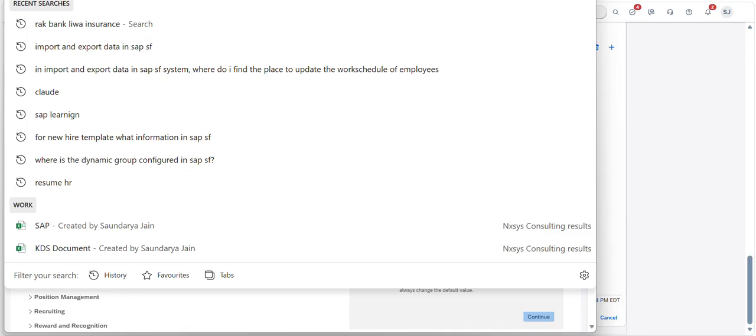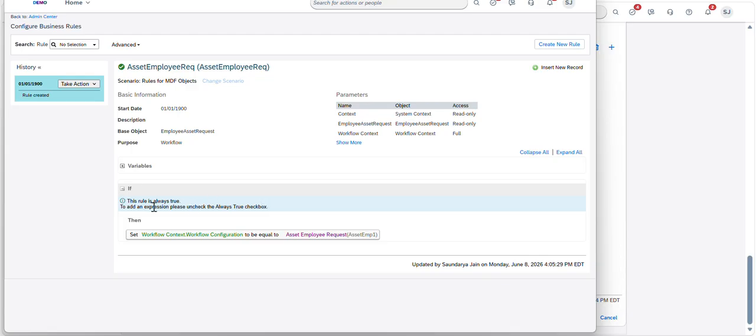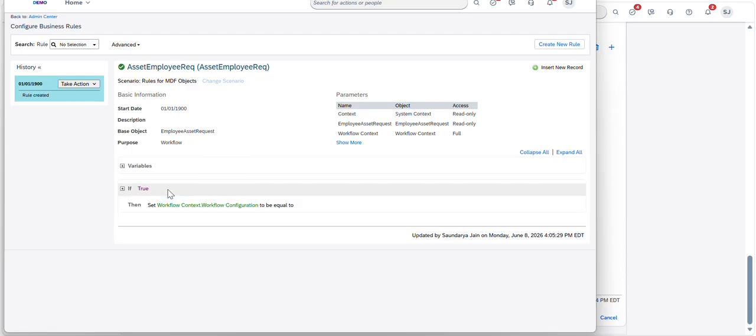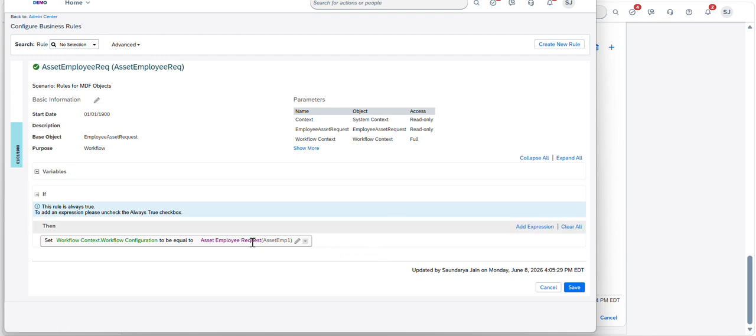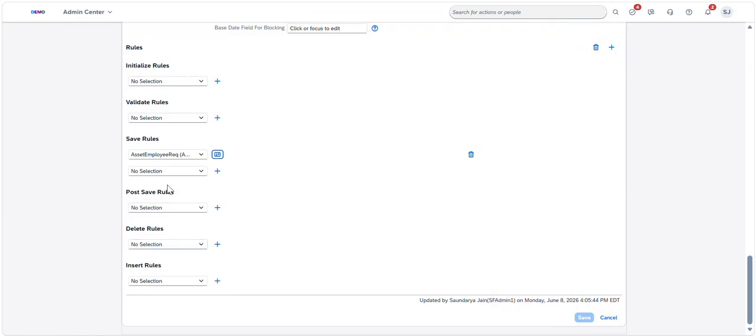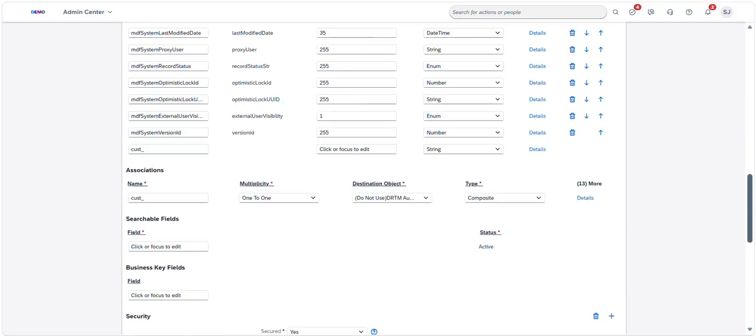I have already created a rule which I wanted to show you, which looks something like this. So here, whenever a change is done, I've kept the if condition as always true. So whenever there's a change and the employee is trying to save the record, the workflow should trigger. Now, which workflow should trigger? Let's see. Asset employee request. That is the one which we created where the role was assigned to manager. Okay, so this is how you do it, and you assign it in the configure object definition screen for the